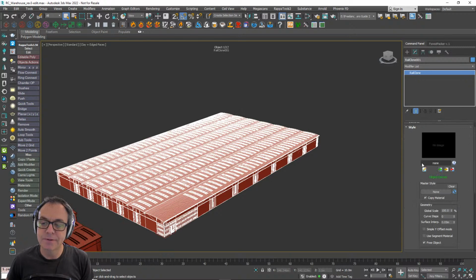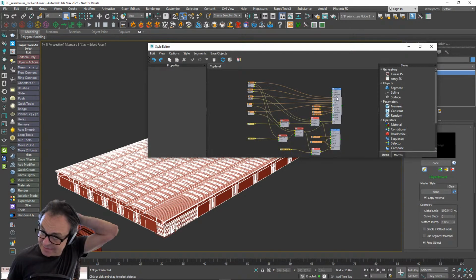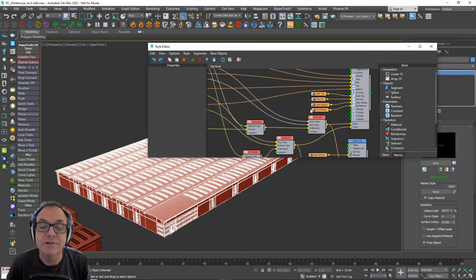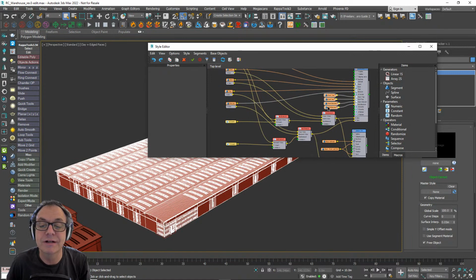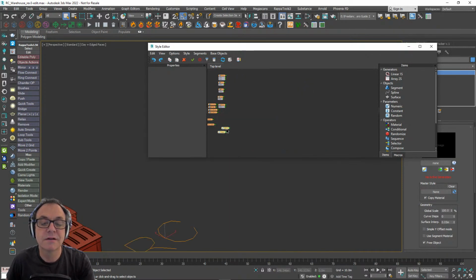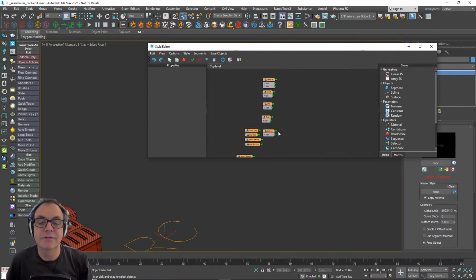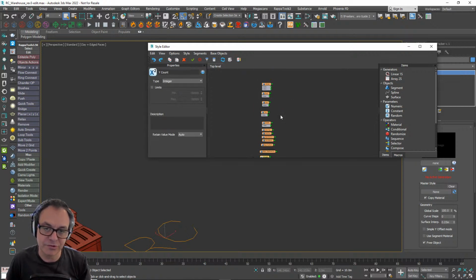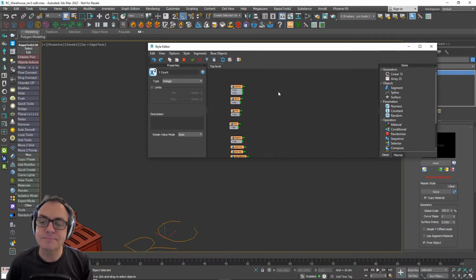Okay, so I'm going to open up the style, and I'm just going to delete everything except the segments, and then show you how to build it again from scratch. So I'm just going to take the segments over here and delete everything else. I'll keep those two. Hopefully most people on here don't need to be explained how you would import segments, so I'll just leave those there because that saves a bit of time. No one wants to watch me import a bunch of segments.